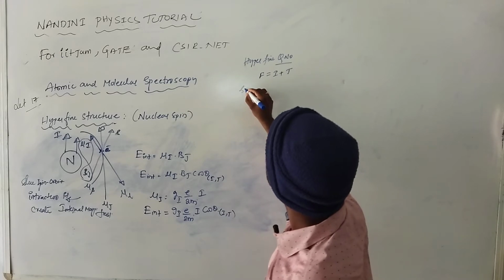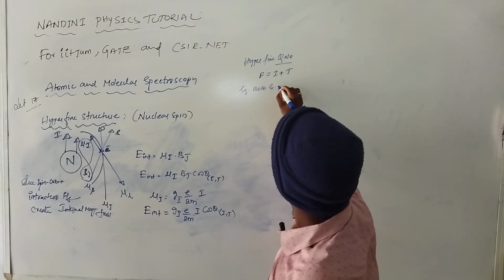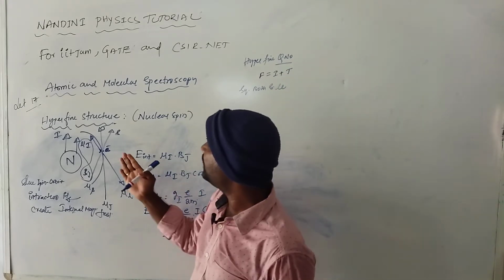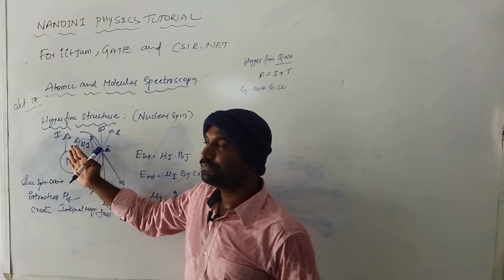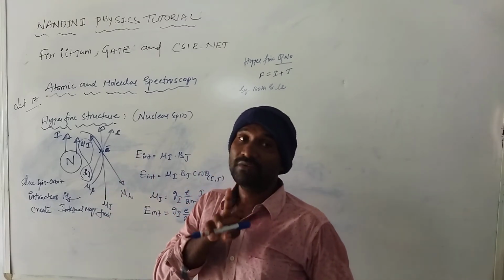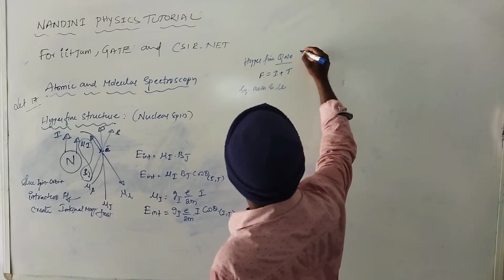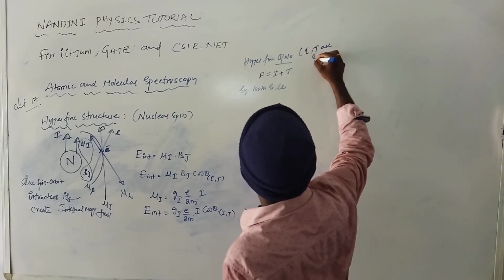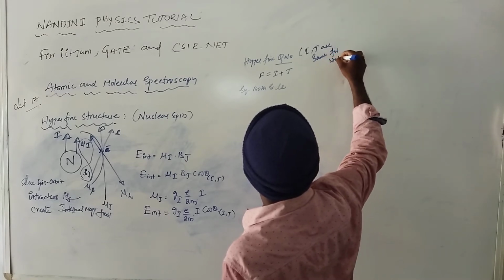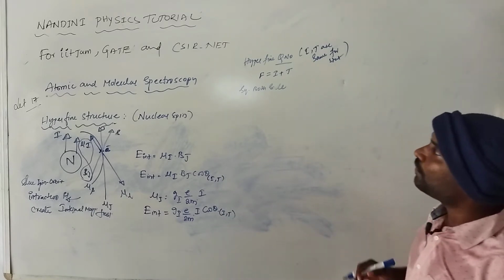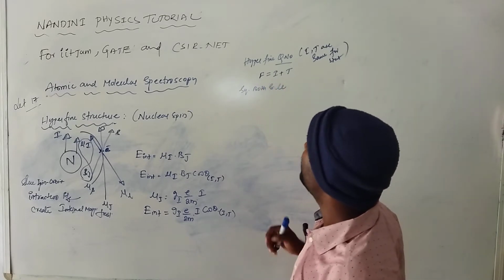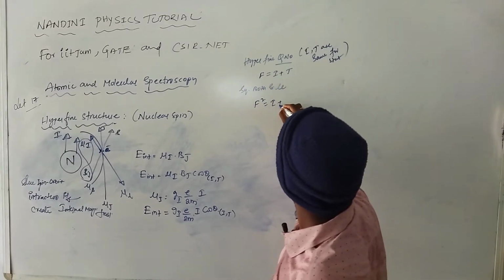So, squaring both sides, because I want to first write the hyperfine quantum number. This hyperfine quantum number is nothing but the addition of the nuclear spin as well as the total angular momentum, both having the same state. Same state means here I and J are the same for each state. At that time you will find the hyperfine quantum number, which is F equal to I plus J, and squaring both sides you get F square equals I plus J whole square.